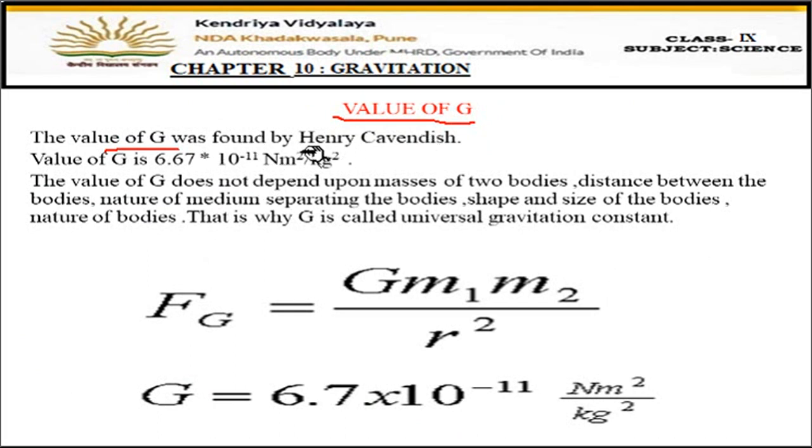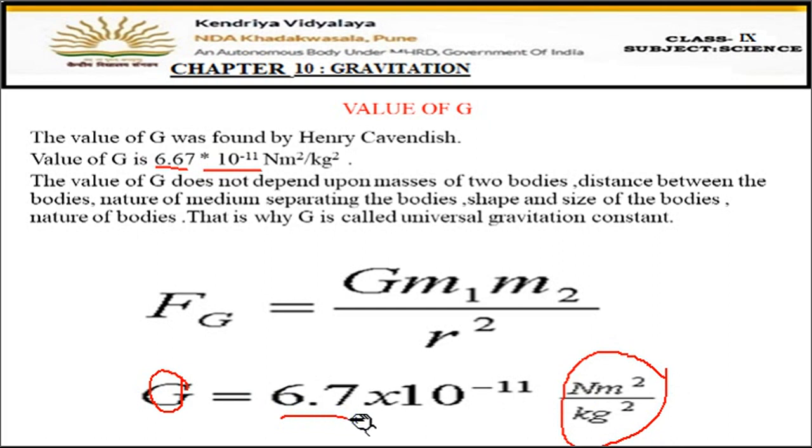So the value of G was found by Henry Cavendish, the scientist who found the value of G. The value of G comes to 6.67 into 10 raised to minus 11, and the units we have already studied, that is Newton meter square upon kg square, right? So the value of G is 6.67 into 10 raised to minus 11. You can write 6.7 also, or more detailed, 6.67 into 10 raised to minus 11 Newton meter